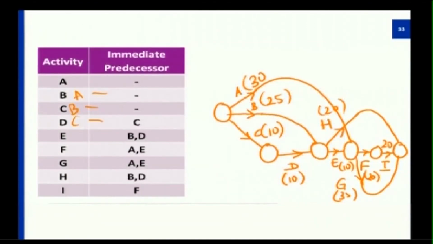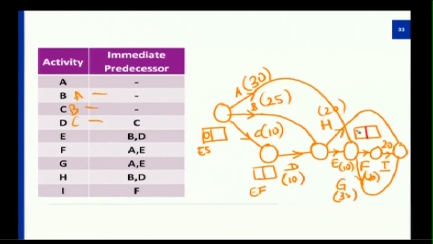For this I may have to calculate the total time required. So, as I have told you, every node will have early start, early finish, late start and late finish timings. So, if I start at 0 for the activities A, B and C, when will I complete A? I will reach here somewhere at a point of 30, so I may reach here by 30 weeks,